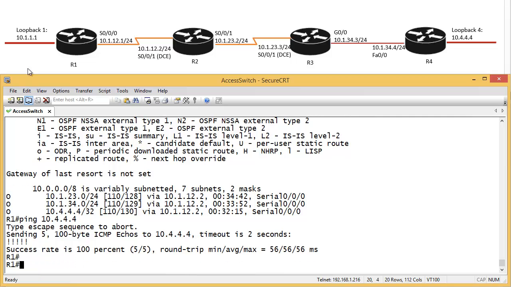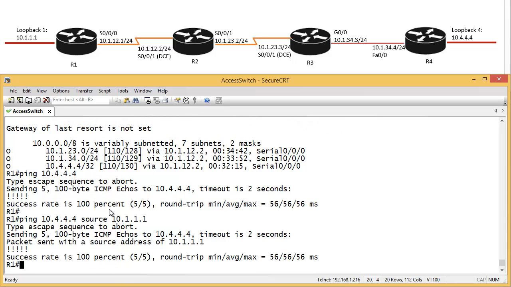If I want to choose, for example, to ping from this interface, I need to say ping 10.4.4.4 source, and I can say 10.1.1.1. So from now I'm pinging from loopback 1. Again, you can see the echo replies, it worked, everything is fine, but you don't know the path. So if you want to see the path, you type traceroute